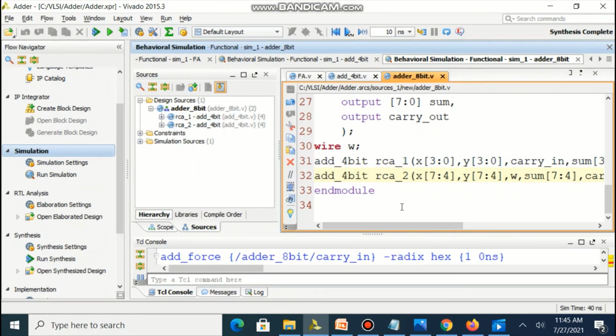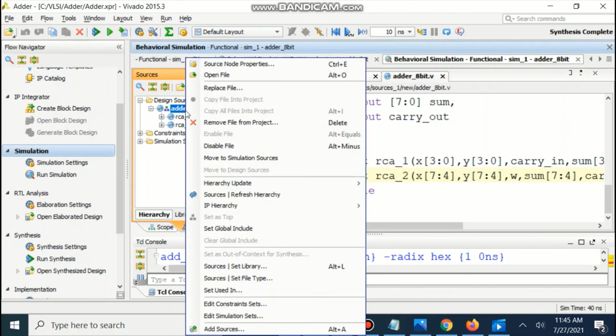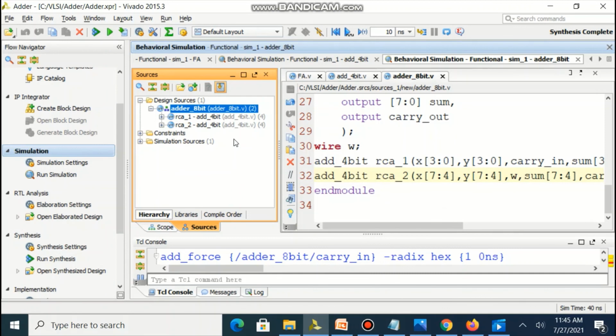Once we are ready with the code of mapping with 4-bit RCA, we need to make sure that in design sources adder_8bit is highlighted. We need to make sure that adder_8bit is set as the top module. You can observe over here it is already set as the top module and that's why it is highlighted.